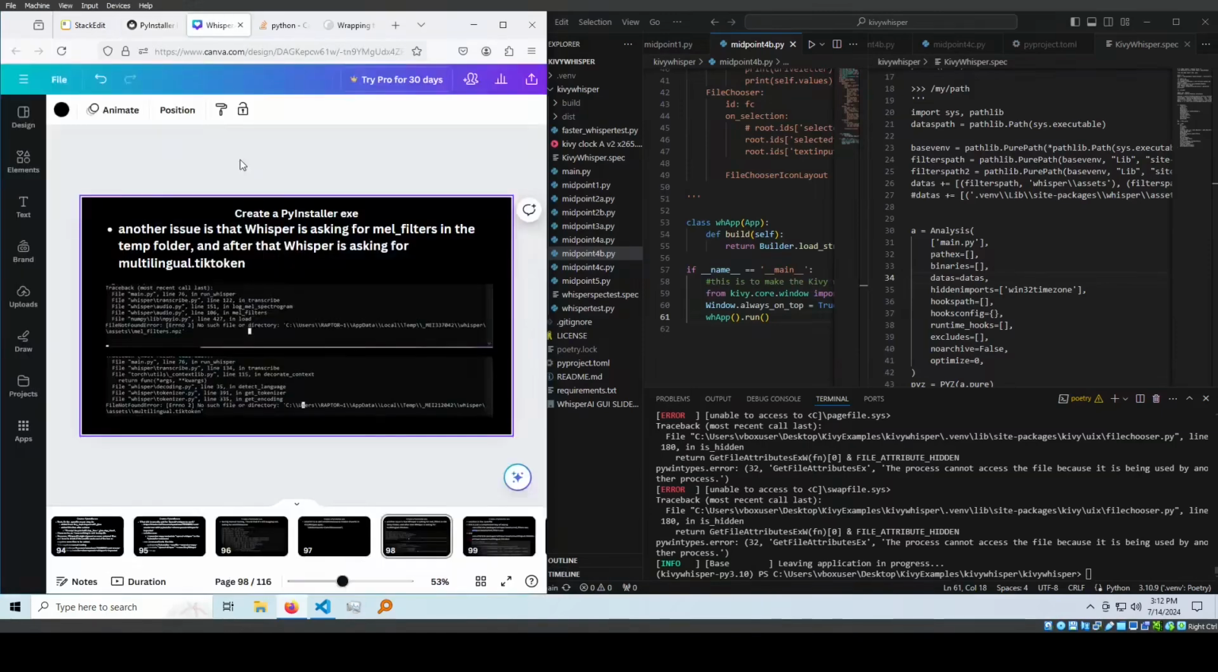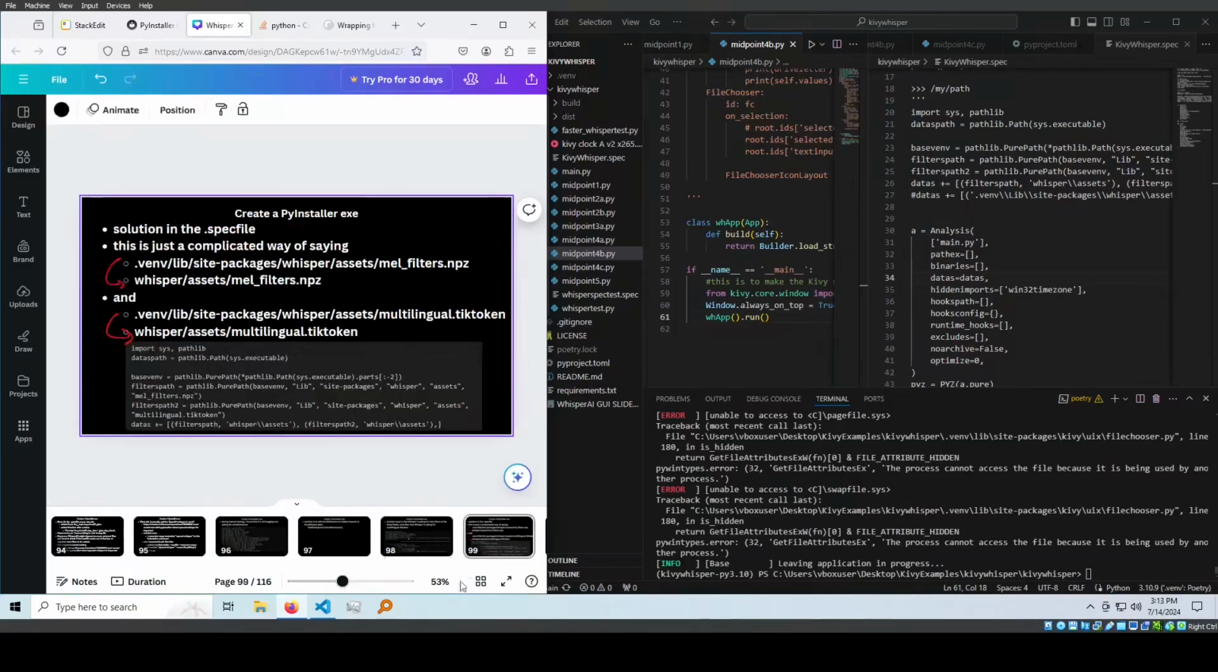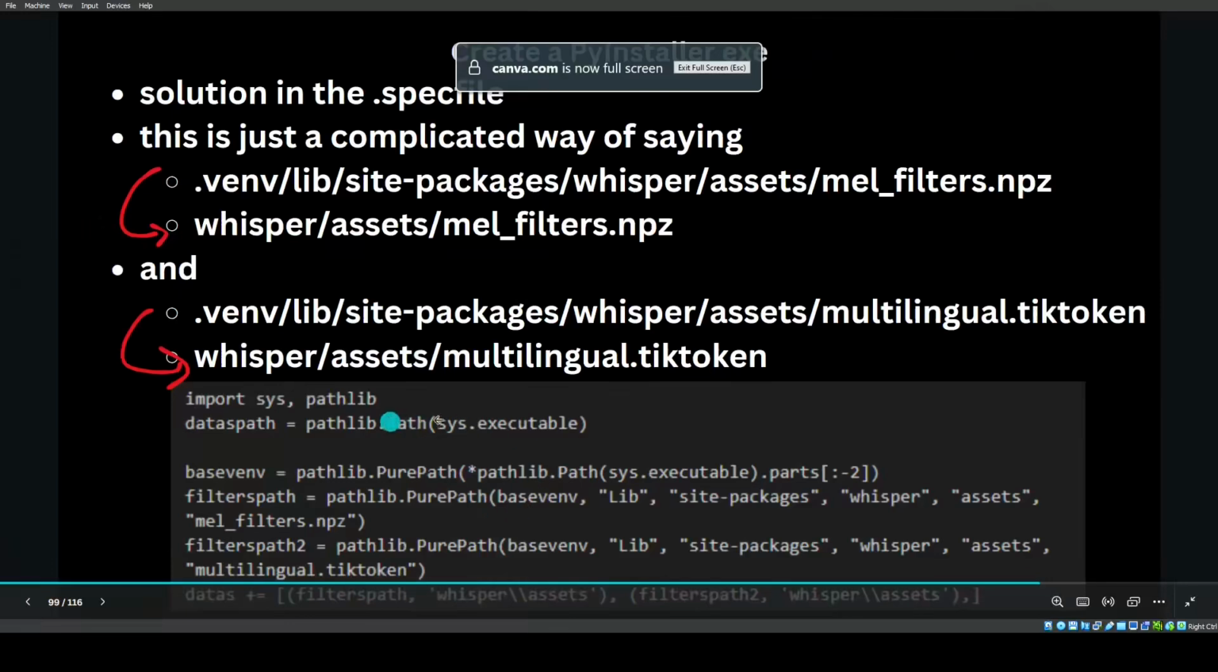So another issue is that Whisper is asking for mel filters in the temp folder. And then another problem, which I put together, is it's also asking for multilingual.tiktoken. So how did I fix this? Right here, this pathlib trick,